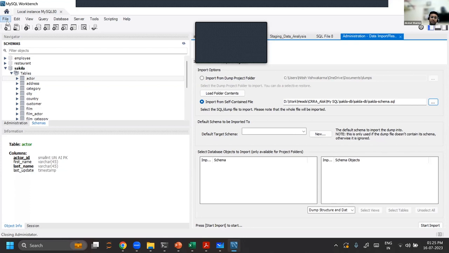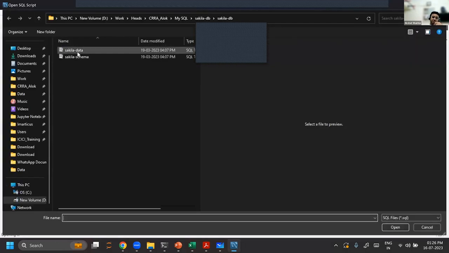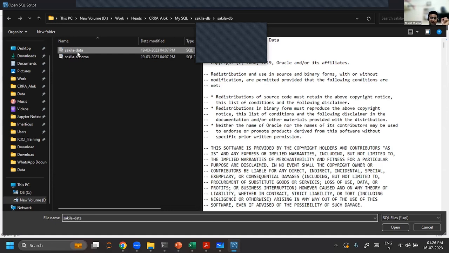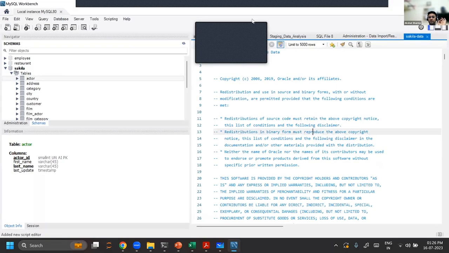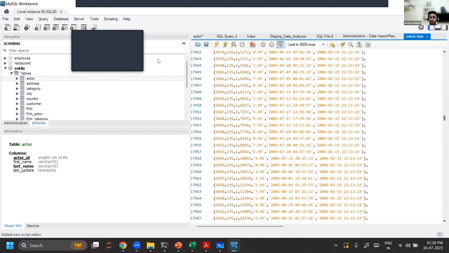Now, the second step, go to the file, go to the fourth option, open SQL script. In the SQL script, you will select that file, which is Sakila-data. Open that file and just run this file. How to run this file? You will see an icon like this, lightning. This particular button is known as execute. So you will execute this whole query. You will see that this is a query. You will execute it. And when you're done,